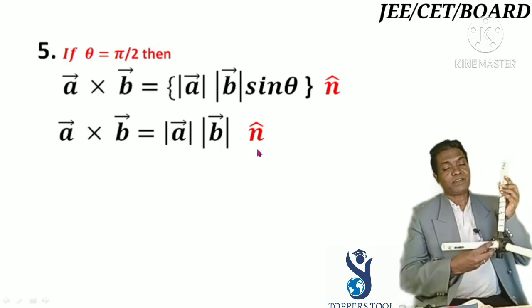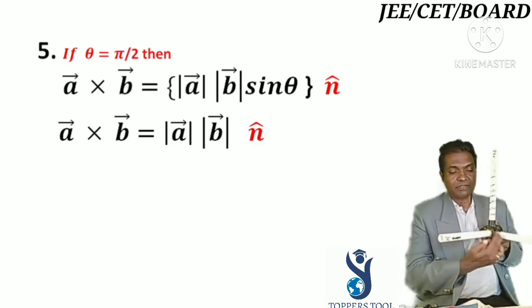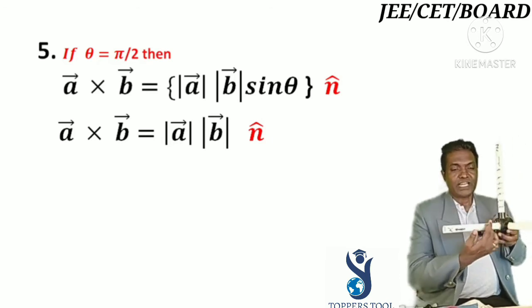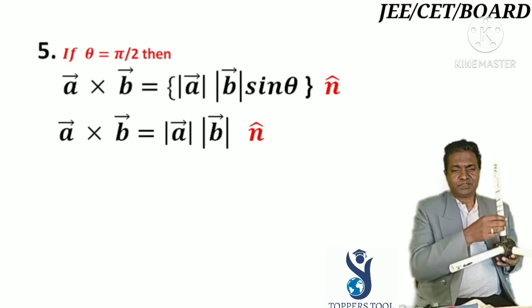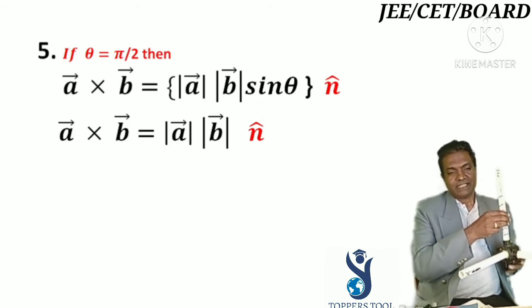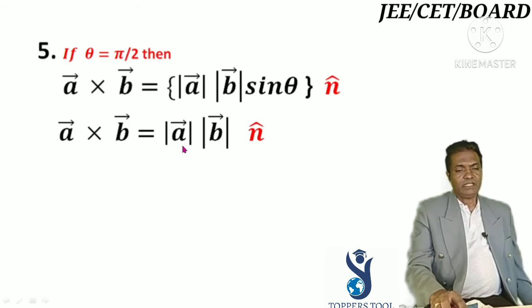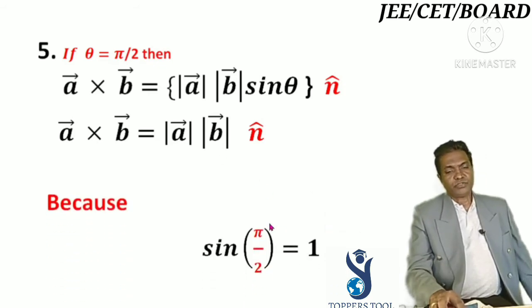Okay, so look at this. This is the perfect example. This is perpendicular to this, and the angle between them is 90 degrees. You can clearly see here. Then this vector is what? It is A cross B, equal to the magnitude of A into the magnitude of B into n cap. So whenever the two vectors are perpendicular, you have to write this, as we know that sine pi by 2 is 1.